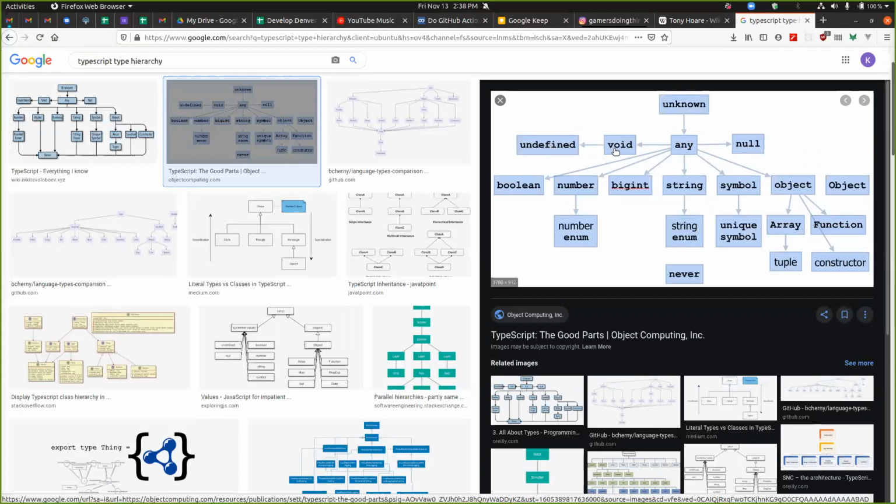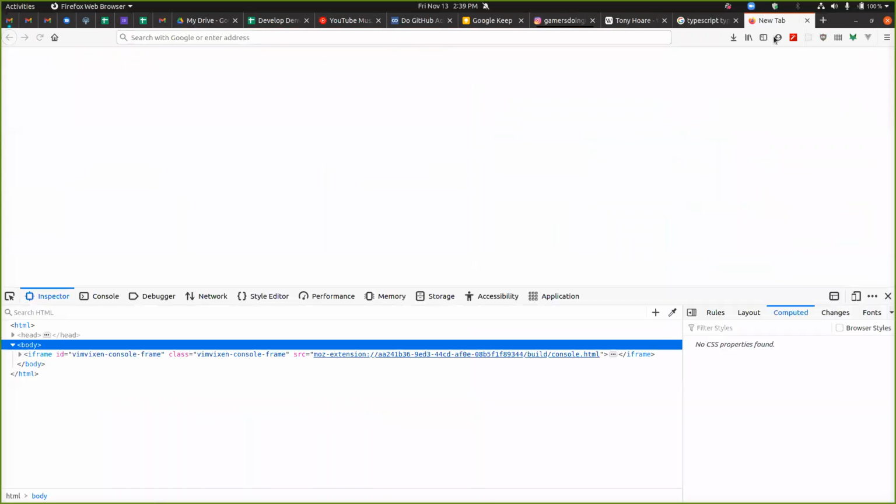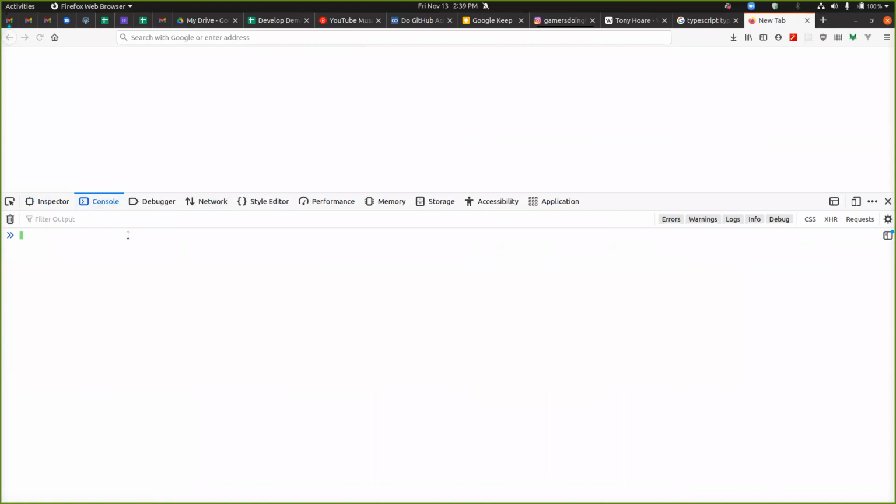Why is capital Object different than little object? This is an instance of an object. This is the top level Object prototype. So for example, if I make something like that, the type of Kyle is object.